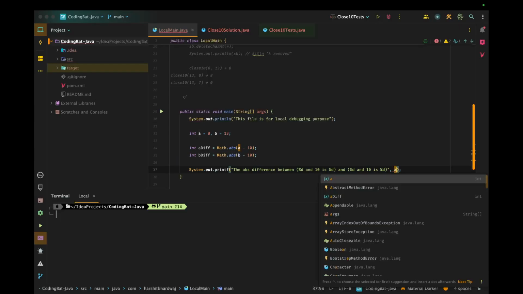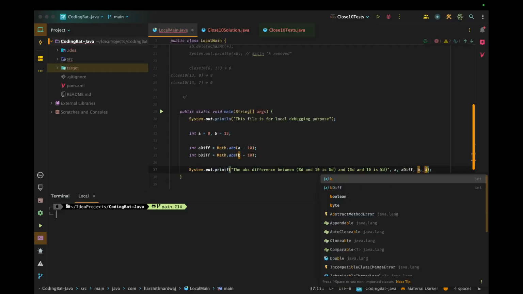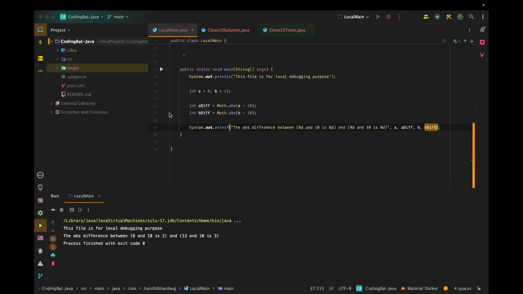First would be a and a_diff, then b and b_diff. Let's print it now. The difference between 8 and 10 is 2, and 13 and 10 is 3.